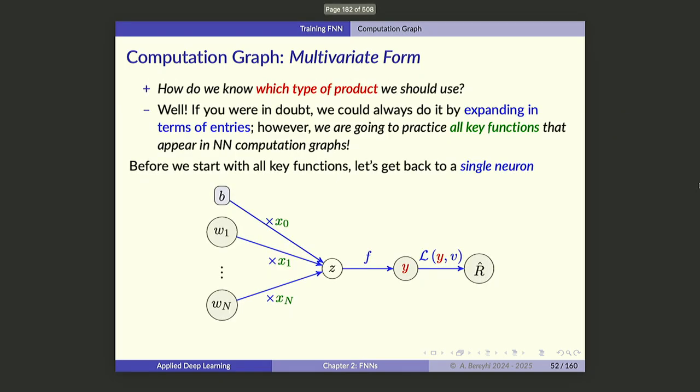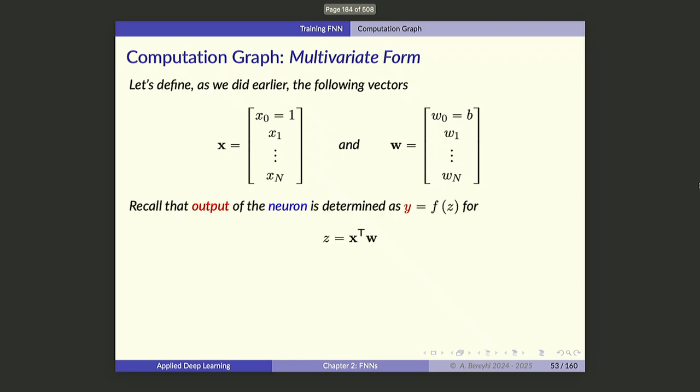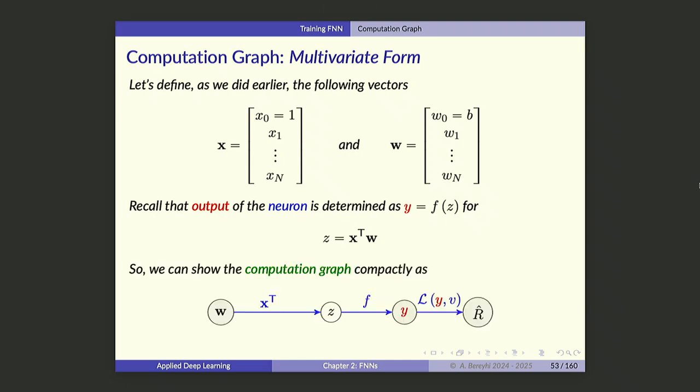And what is this operation here? What do I do to these weights and this x to compute z? It's an inner product, right? So I could simply write down z to be an inner product of x and w. And I don't need to have all of those branches in my computation graph anymore. The only thing that I need to do, I can just draw this